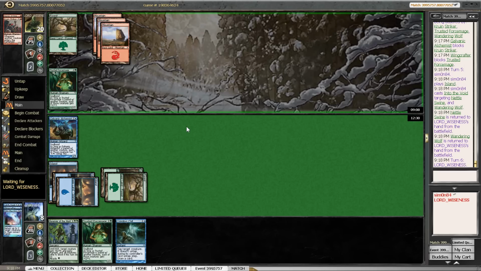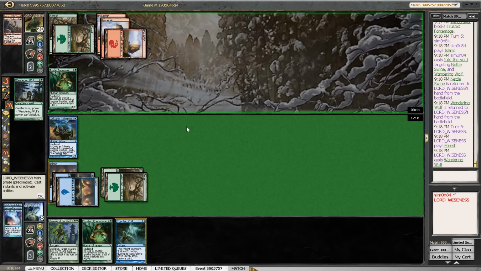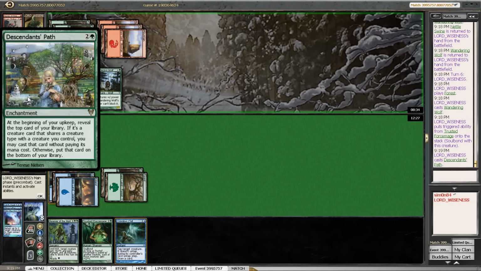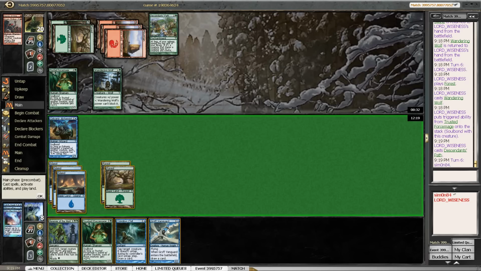The next turn is going to be very important, but hopefully he only drops one creature now. The more turns go by where he has all his creatures untapped, the better my Revenge of the Hunted is going to become. Okay. Well, that's not a scary card. And we didn't draw